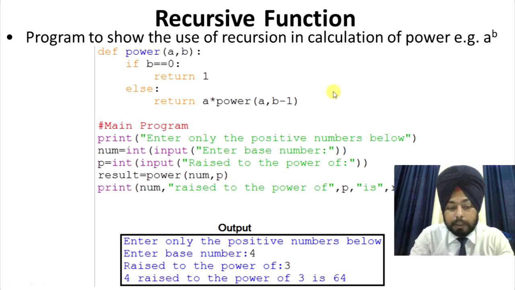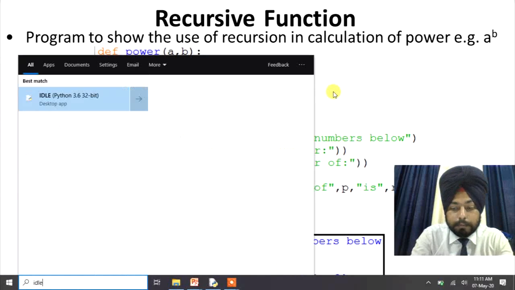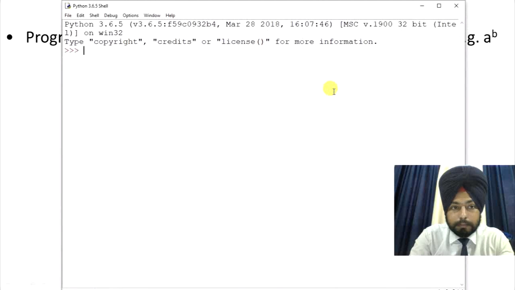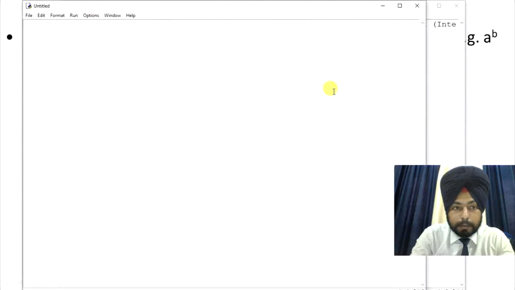Let's see the practical. Here we'll type the program. Def power, a comma b, parameter closed, then we'll use an if statement.